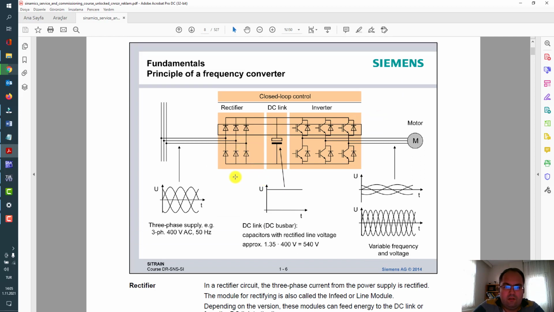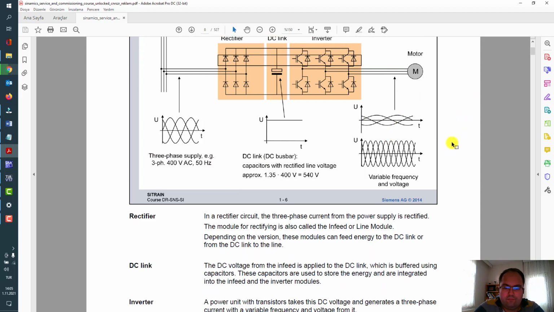Basically there are 6 diodes, a 3-phase rectifier, a simple bridge, and after that there is a DC-link with a pre-charge resistor or DC-link capacitor. And the third section is the inverter with IGBTs in 6 pulse to the output of the motor.